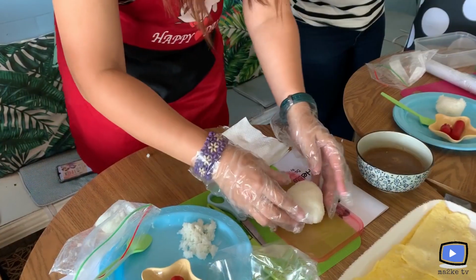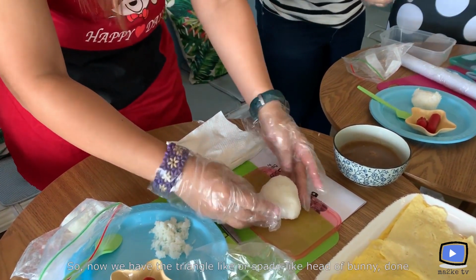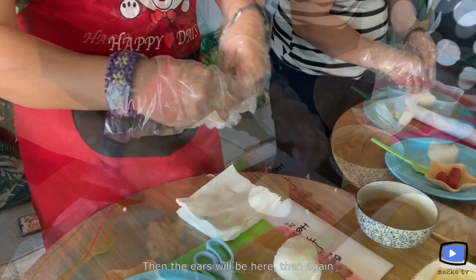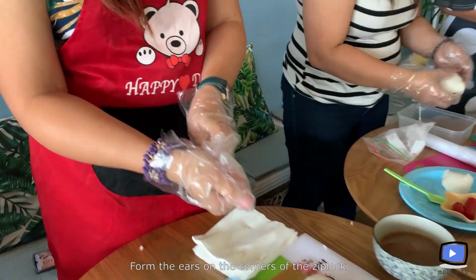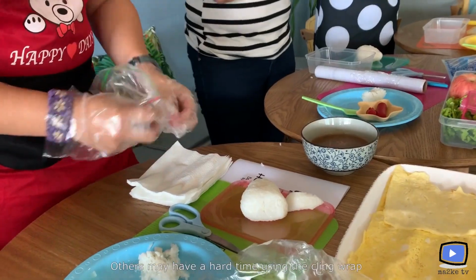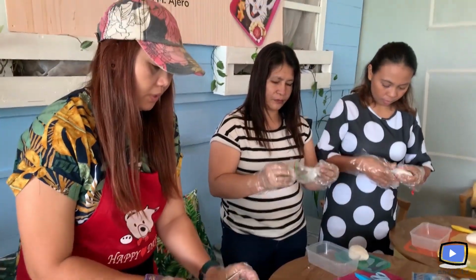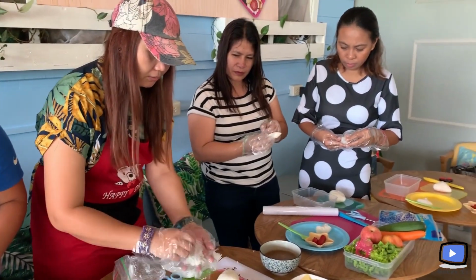Yes. And, so we have the triangle-like or spade-like head of bunny. Done. Pinch on the top. Then, the hair will be here. Ang ears ni bunny is just dun ulit sa corner ng ziplock. Yun nga, sa ibang nga, medyo nahihirapan sila for pag-cling wrap. Kasi ito, easy nga talaga siya. So, one way. Ito gamitin ko ngayon. Then just, then,